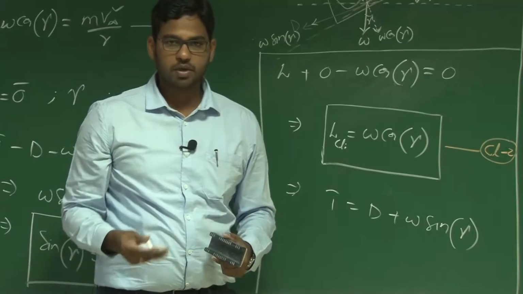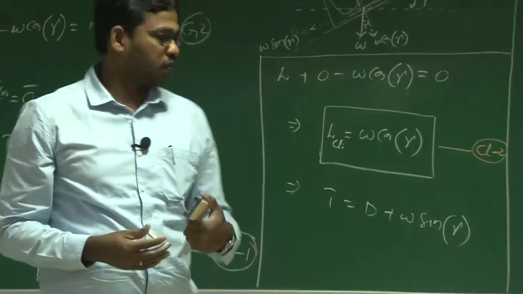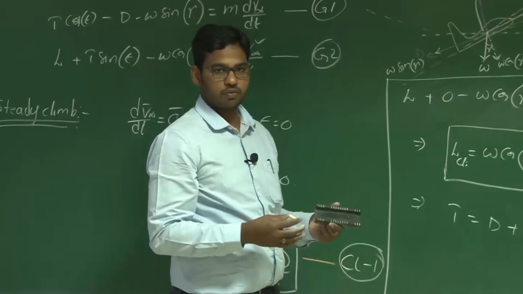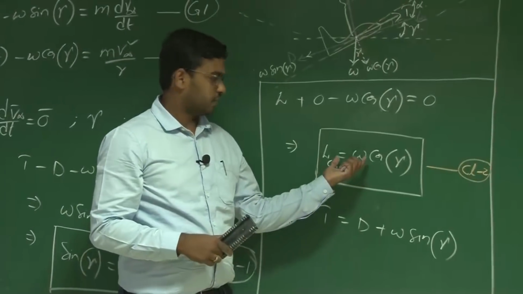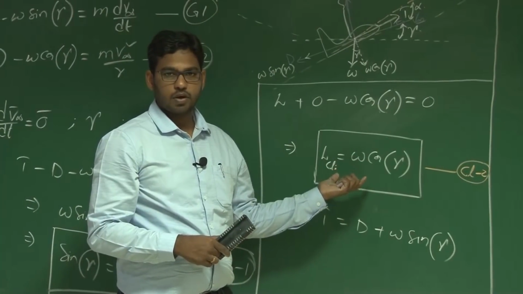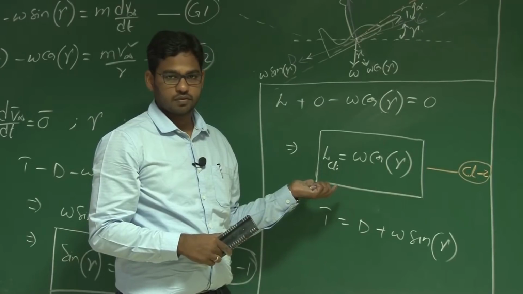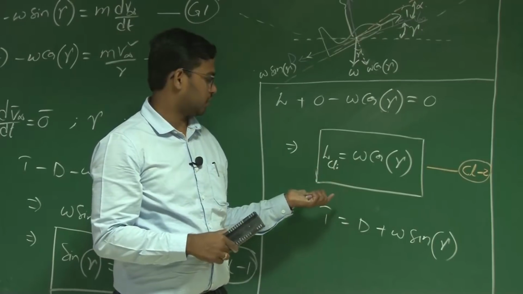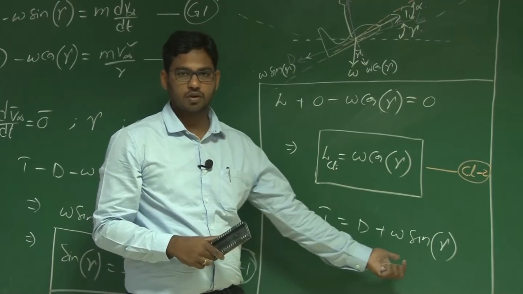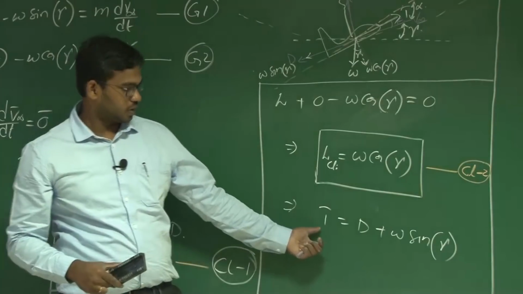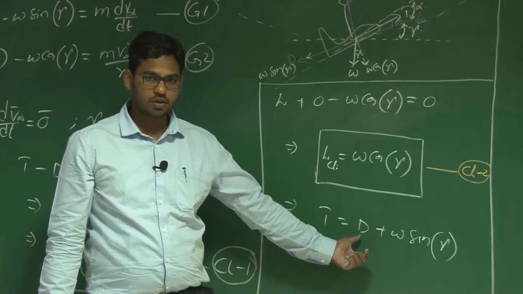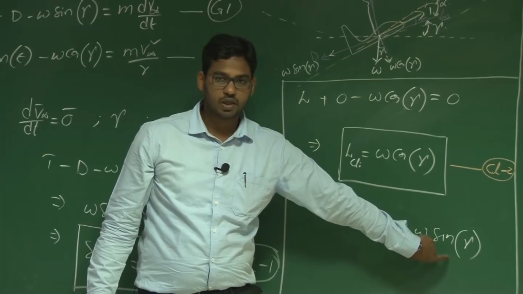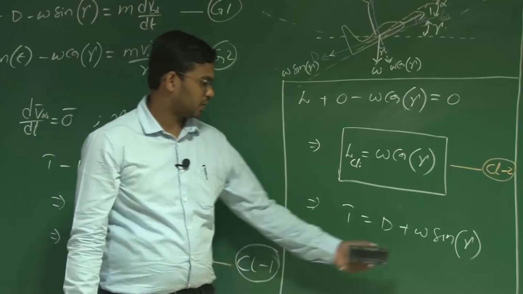But say with the same aircraft we want to cruise and we want to climb. That means the weight of the aircraft is assumed to be the same. Since the lift is less in this case, who is balancing the rest? Because the weight is the same, we need to produce lift equal to weight in order to have this flight. So the thrust is taking the additional load here, right? In case of cruise, we simply have T equals D, but in case of climb, we have another component, W sin gamma. This is an additional component.